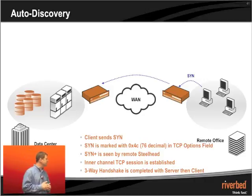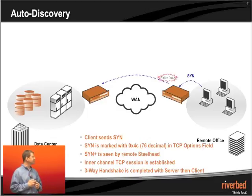What we use is the TCP option field to identify the appliance. Now we should know that the SYN marking is using 76 decimal or 4C in hex. Make sure you know that. It's definitely on the exam. So we place this marking in the TCP option field and pass the SYN across the network on its way